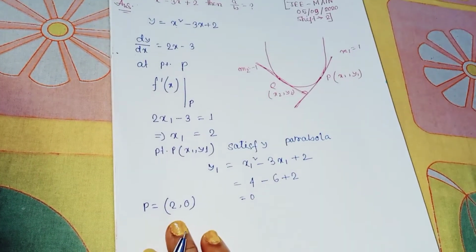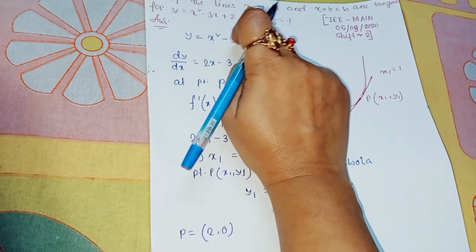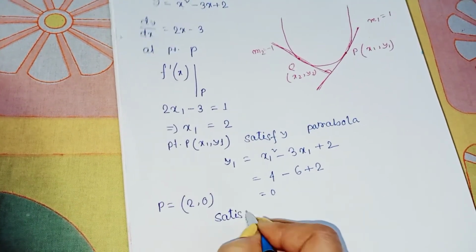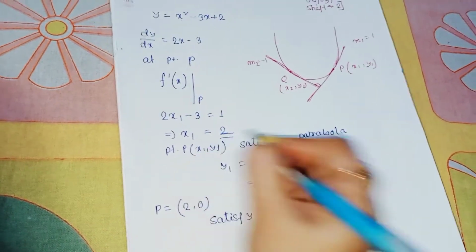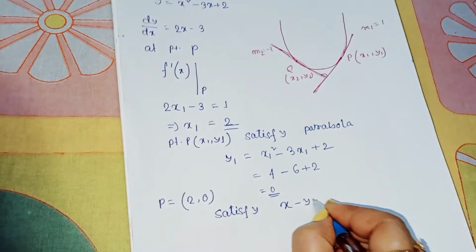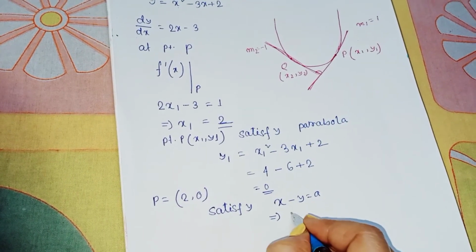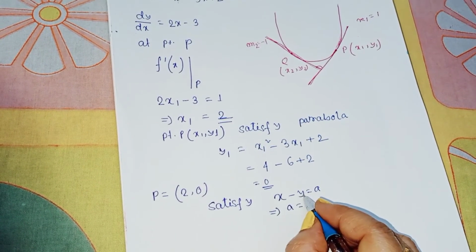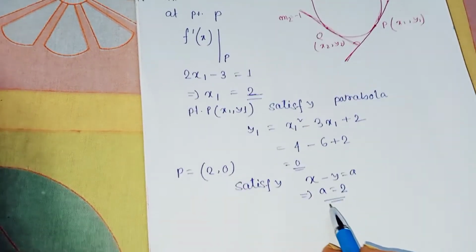We get this point, and this point is obviously on the line x minus y is equal to a. So the point P satisfies x minus y is equal to a. That implies a is equal to 2 minus 0, that is equal to 2. So in this way,